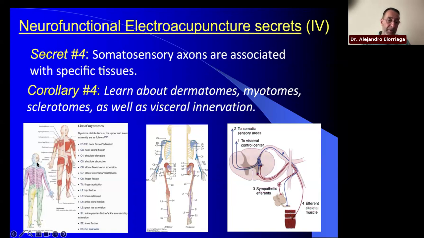So in treating shoulder problems, we will discuss eventually you have to go from C2 all the way to T7 really to cover the two somatic levels involved, cervical plexus, lumbar plexus, plus the innervation of the vessels. And then finally, the sclerotomal level is provided by branches from the axillary nerve as well as other nerves, the suprascapular nerve particularly. So we need to learn this dermatome, myotome, sclerotome, as well as visceral innervation, because also shoulder